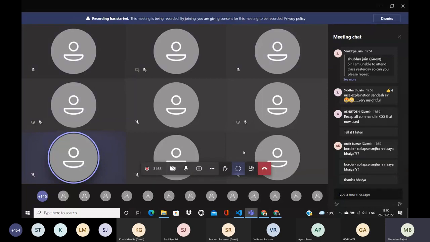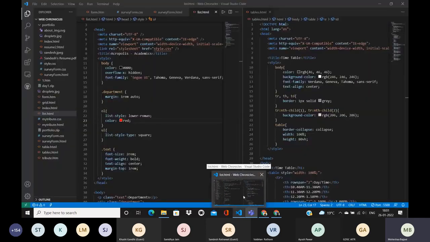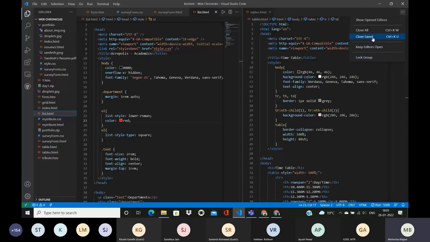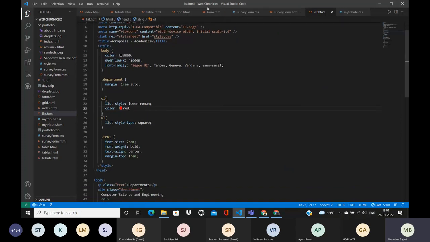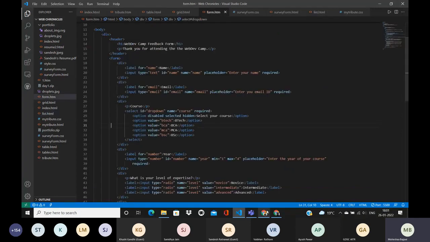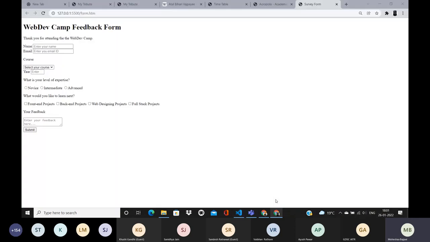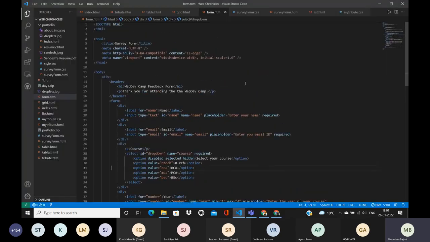सो आई गेस अभी सबको टेबल और लिस्ट अगर क्लियर है उनकी सीएसएस, तो अपन नेक्स्ट फॉर्म की तरफ बढ़ सकते हैं। सो नाउ वी आर गोइंग टू सी फॉर्म। तो जैसा कि अभी अपन ने डिस्कस किया कि कल अपन ने एक फॉर्म बनाया था विद दिस ऑल ऑफ दिस फील्ड्स, तो अपन आज इसको स्टाइल करेंगे। सबसे पहले इसको थोड़ा अच्छा बनाने के लिए अपन इसका बैकग्राउंड कलर देंगे।